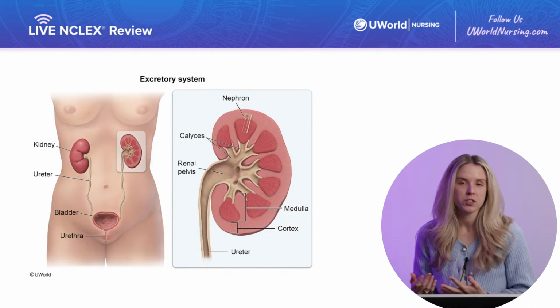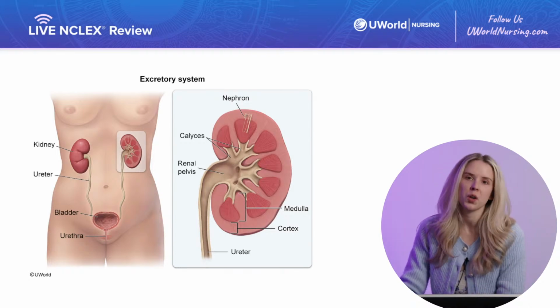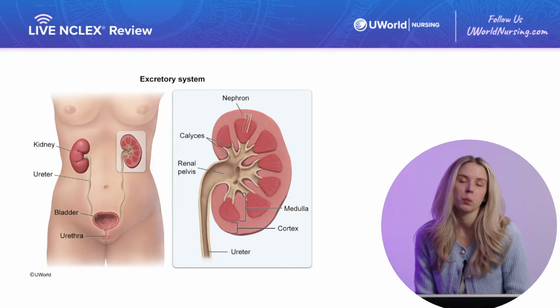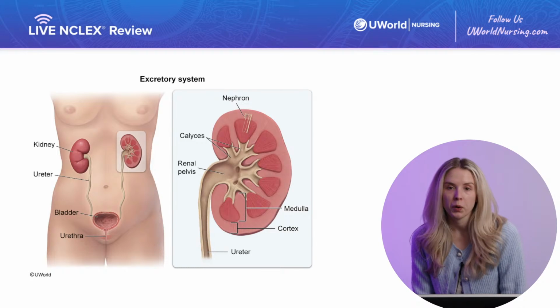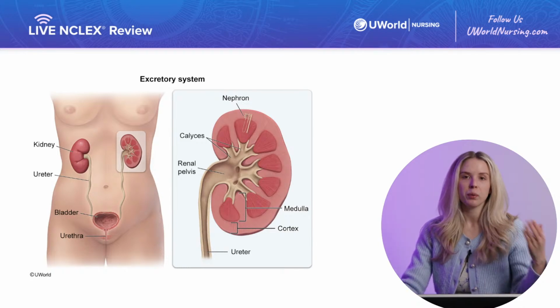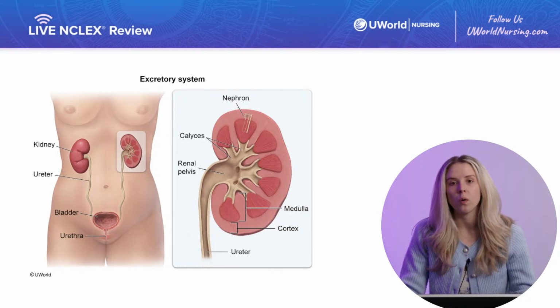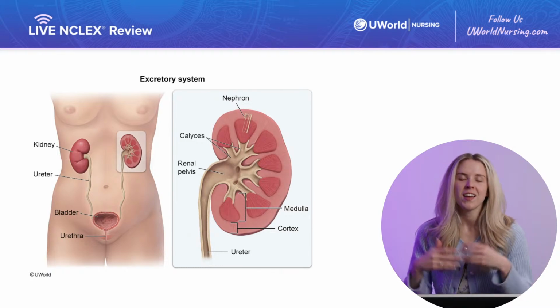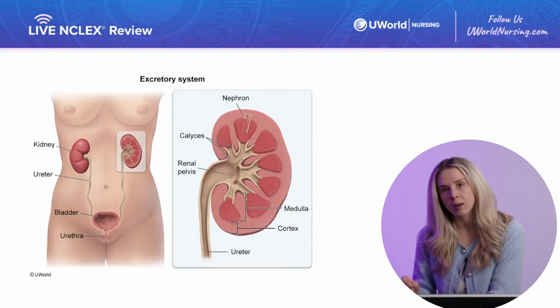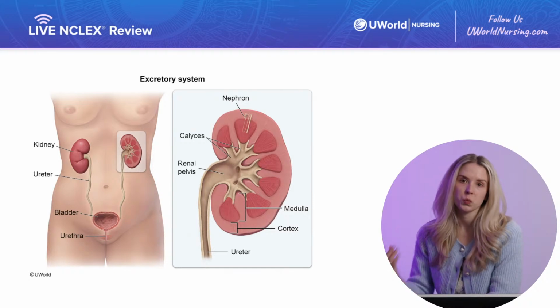And lastly, produce. I feel like this is more of a little known job that the kidneys have, but the kidneys produce a really important hormone called erythropoietin. This is both produced and emitted by the kidneys, and it plays a big role in the body as a whole, so its role is much larger than just the kidneys. It signals the bone marrow to release red blood cells when our red blood cell count is running low.